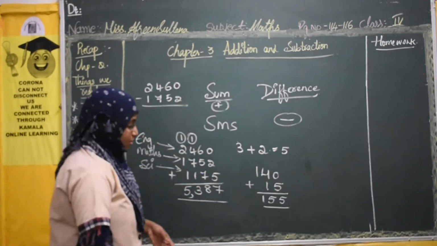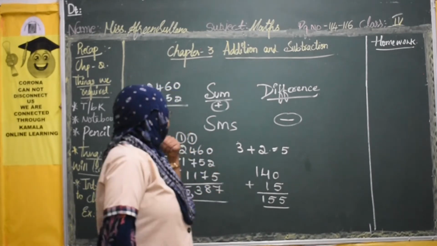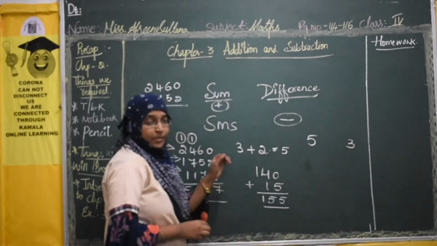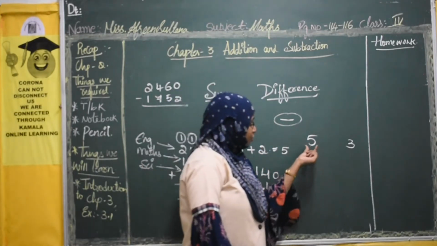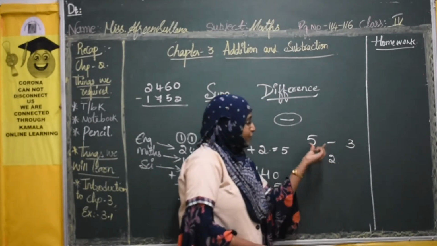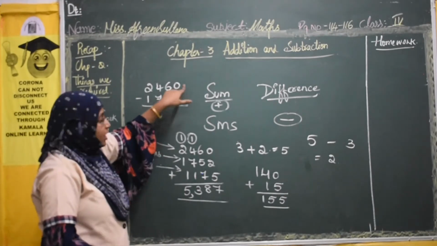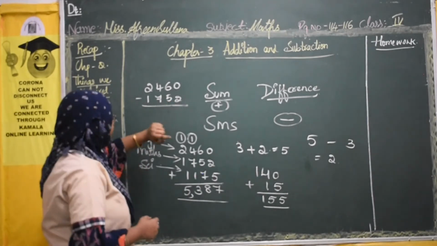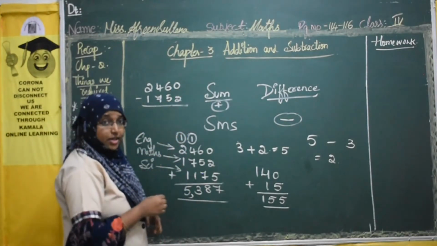See, if there are 2 persons, Rohan and Akshay, and for Rohan I have given 5 chocolates and for Akshay I have given 3 chocolates, to whom have I given more chocolates? What will you do? You will subtract 5 minus 3. The answer is 2. So 2 more chocolates I have given to Rohan, right? The same way here, the number of English books is around 2,000 and the number of maths books is around 1,700. So which subject has more books? That is what we are going to find. How many English books are more? So we will subtract. 0 minus 2. We cannot subtract 2 from 0.